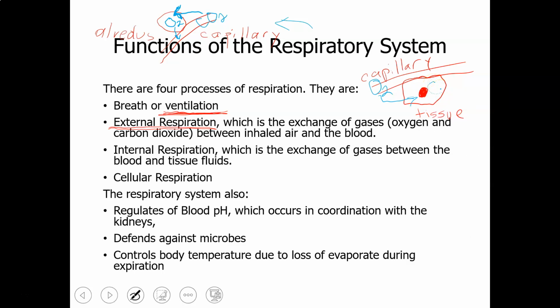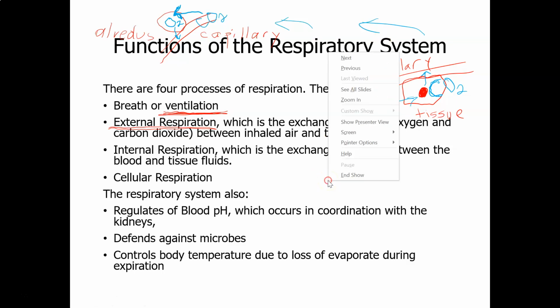The tissue cell, during cellular respiration, is also going to build up levels of carbon dioxide, which are toxic. So the carbon dioxide is going to diffuse into the capillary. The capillary is going to take the carbon dioxide to the lungs, and then we're going to breathe that carbon dioxide out. So it won't build up and cause our bodies to become toxic. So that's internal respiration. And then the other respiration you know about from Bio 111,